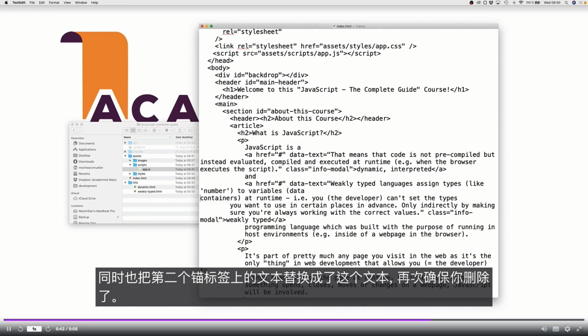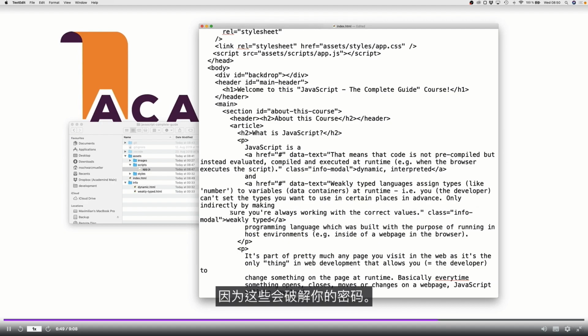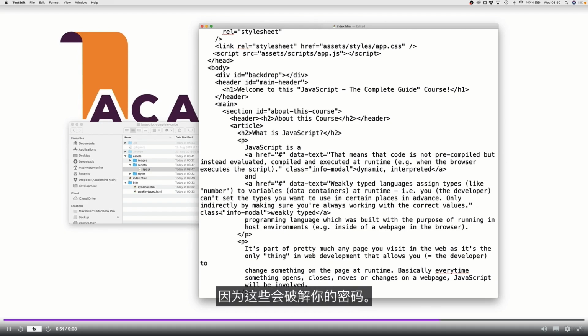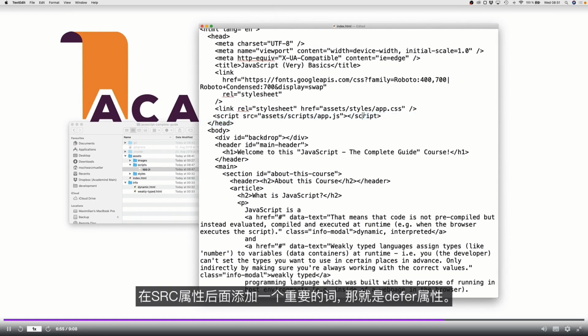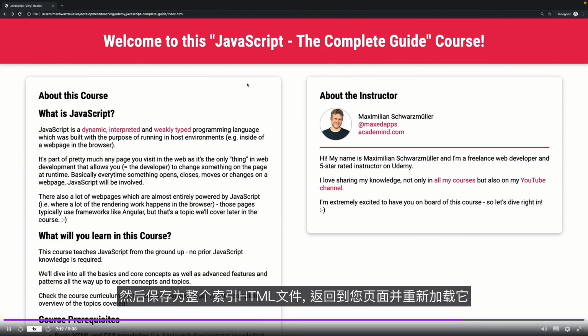Now, again, make sure you get rid of any line breaks you might have here, because these will break your code. Now with that, let's go back up to our script import and add one important word here after the src attribute, and that's the defer attribute. This controls how and when this JavaScript code is executed, and I'll dive back into this a little bit later. For now, let's just add it, then save this whole index.html file,